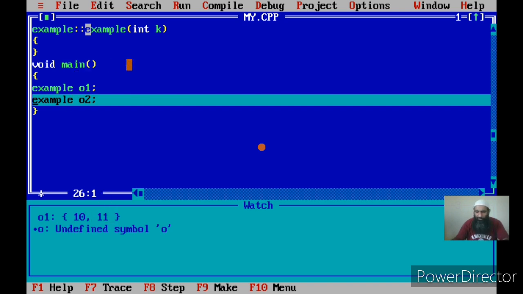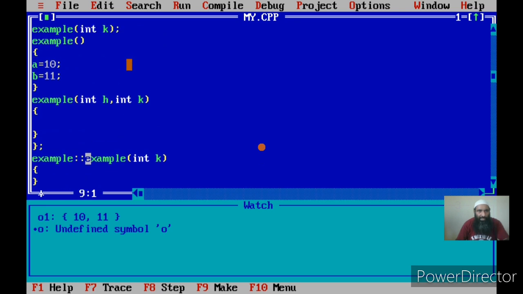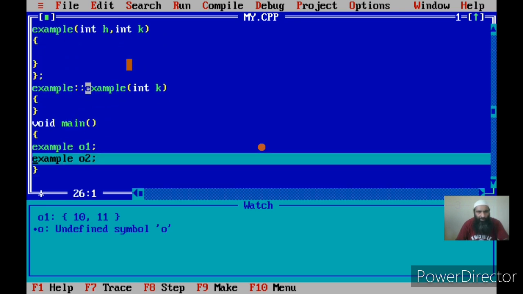In other words, when in the constructor I mention the names A and B, whenever the constructor is called first for O1, the data members referred to in the constructor belong to O1.